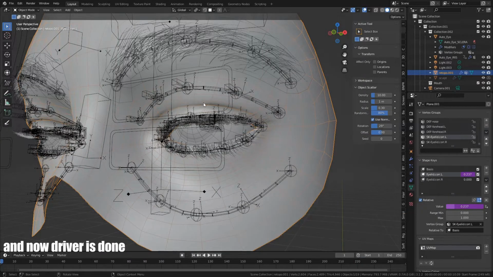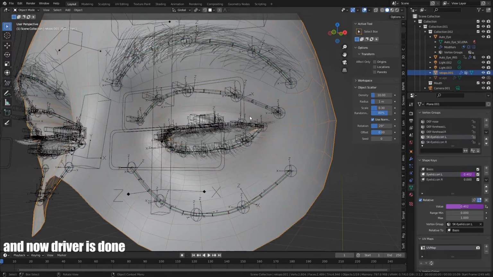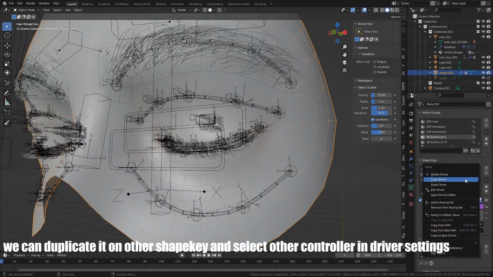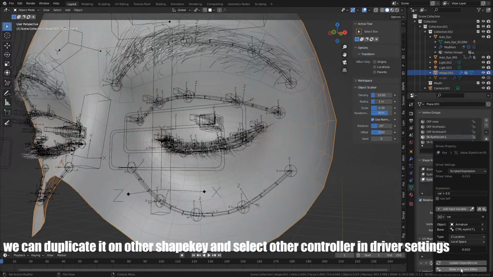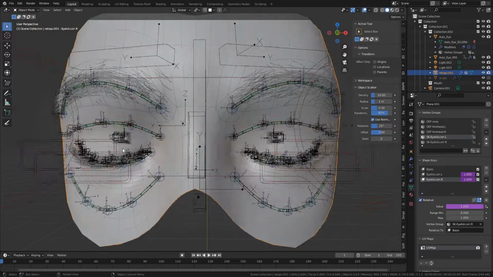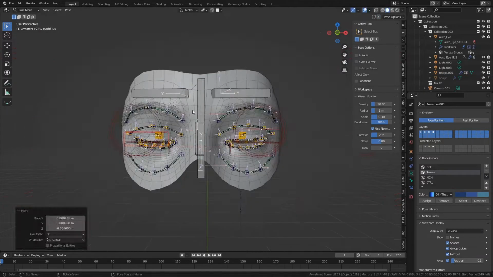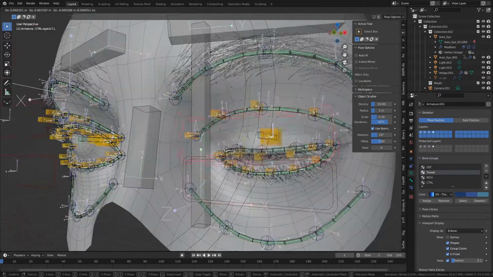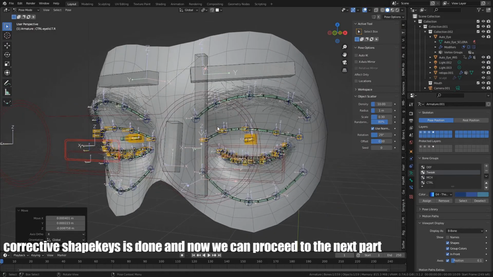And now driver is done. We can duplicate it on other shape key and select other controller and driver settings. Corrective shape keys are done, and now we can proceed to the next part.